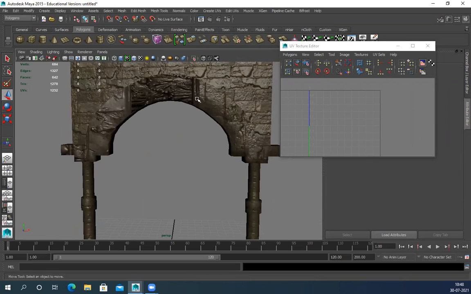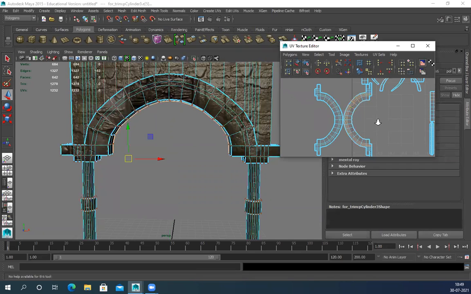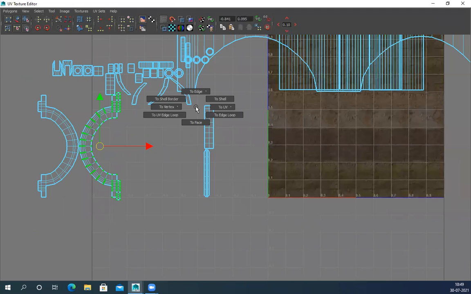Now, this area, I want some design. This is basically this arch. Oh, in a newer version, the shell is here. Now the shell is here. So I'm always making the same mistake.